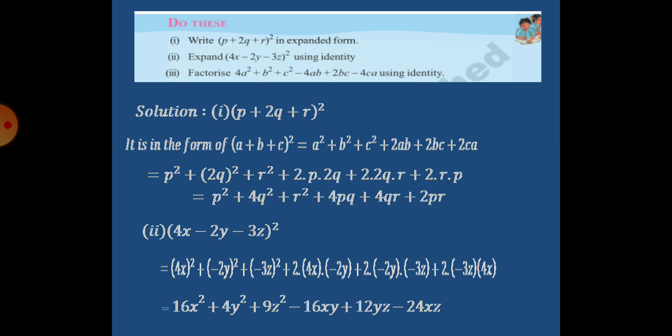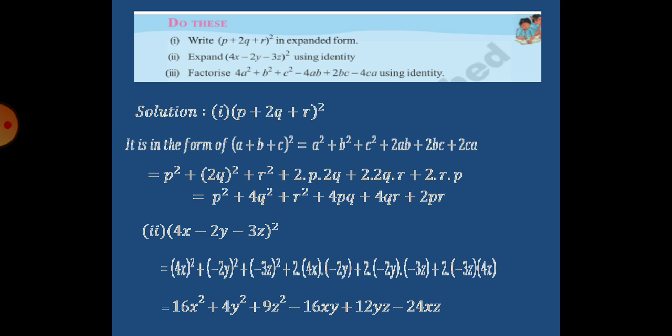So instead of a square we have written 4x square, instead of b square we have written minus 2y square, in place of c square we have written minus 3z square, plus 2 into 4x into minus 2y plus 2 into minus 2y into minus 3z plus 2 into minus 3z into 4x. So the final answer is 4x square is 16x square, minus 2y square is plus 4y square, minus 3z square